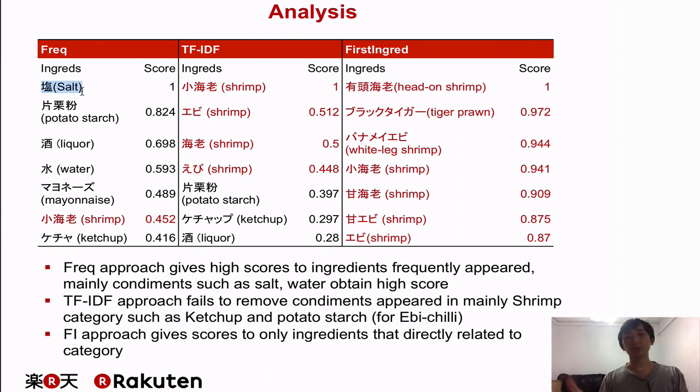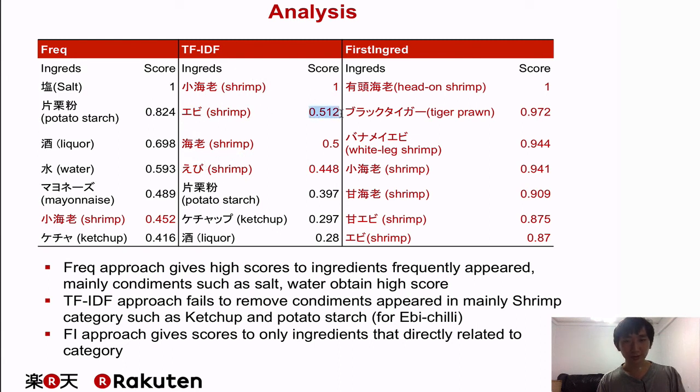For example, imagine we are doing a search engine. We search for prawn. Using the frequency method, what we end up with is salt, because salt is the highest frequency, appearing in every single ingredient list. Salt will become first, and shrimp, the only prawn related thing, will come all the way down at the bottom here. Compared to TF-IDF, TF-IDF correctly identified shrimp, different variations of shrimp, but look at the